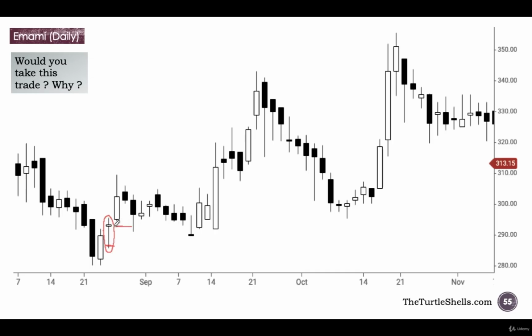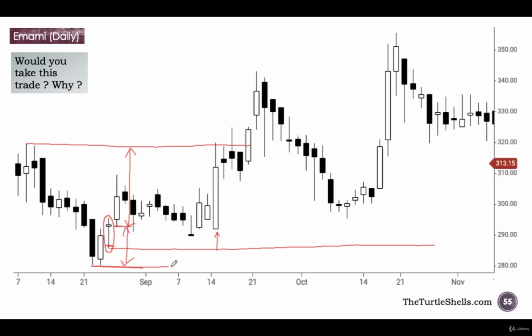So if I were to take entry here, the stop loss would still be below the low of the entire piercing pattern. So that would be the risk. And the reward would be till here, which was achieved on this candle. So that would be our reward. So I think this is a 2:1 trade approximately. That's a nice risk reward trade to aim at. And the low of this candle, or the low of the piercing pattern, has held as support for a lot many days